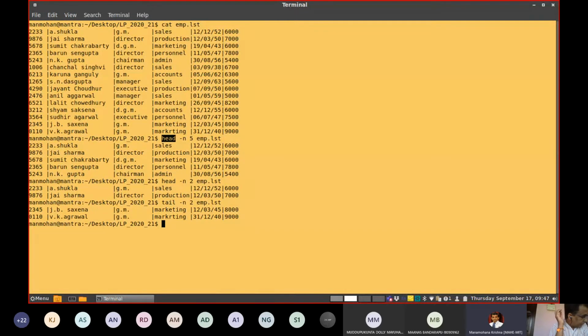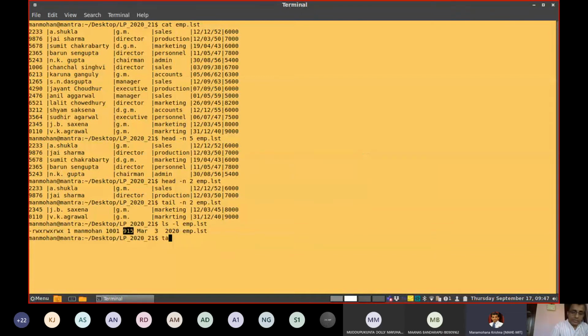It can also extract in units of bytes rather than lines. Not only line numbers, the file has a file size; for example, with ls -l emp.lst it will indicate that the file is of 915 bytes. In case you want to display the content of the file in terms of bytes, we can get it printed.